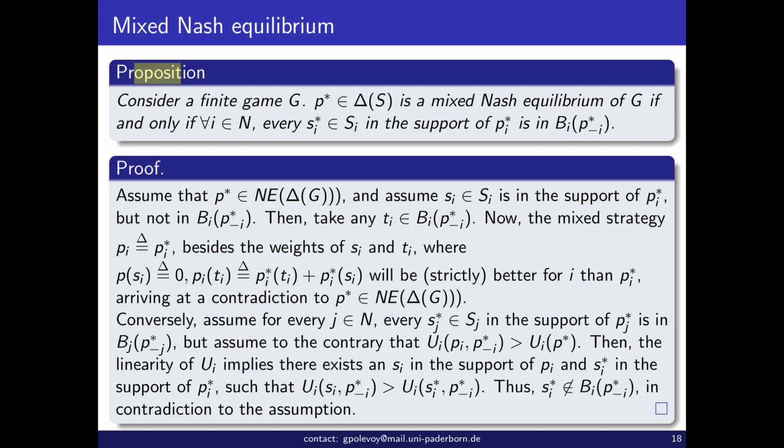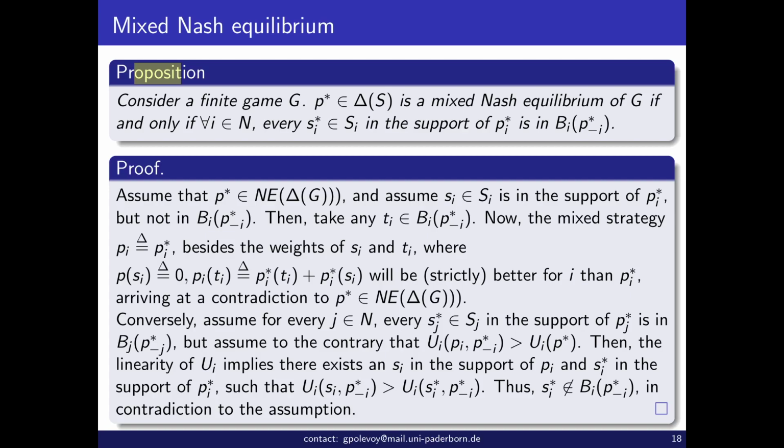So assume that in one direction you have a Nash equilibrium P star, and assume to the contrary that you have Si in the support of P star I, which is not a best response to P star minus I. Then take any Ti, which is a pure strategy that is a best response, and now we basically move the weight from Si, which is in the support so it has a positive weight, to Ti, and we should get, contradictorily, something better than P star I. So formally we define a mixed strategy Pi instead of P star I,